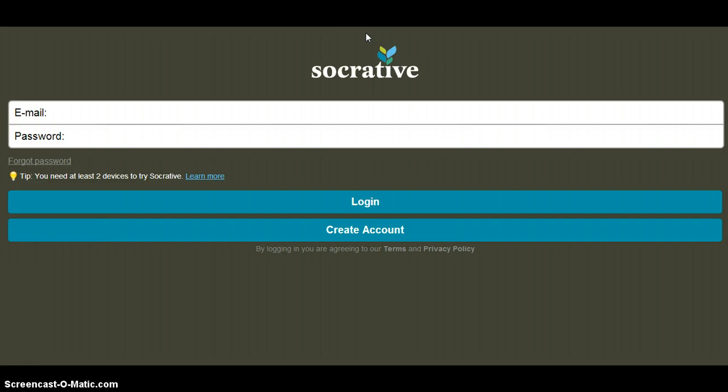Okay, so the formative assessment we chose was Socrative. It seems like the most basic formative assessment to use. It's easy, it's quick, and it gives you just a quick example of where your students are at in the classroom. So you type in